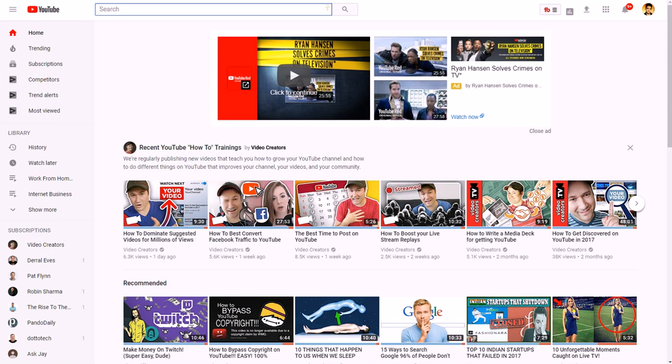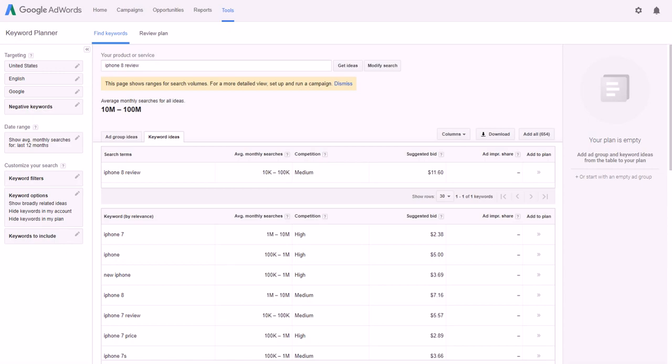Another way to check for keywords that'll have a lot of traffic potential is to use the Google AdWords Keyword Planner. So you want to have a Google AdWords account, which is free. Basically, that's their advertising platform, and it allows you to use this keyword tool to see about how popular most keyword phrases are. So if you typed in iPhone 8 review, you'll notice it has 10,000 to 100,000 average monthly